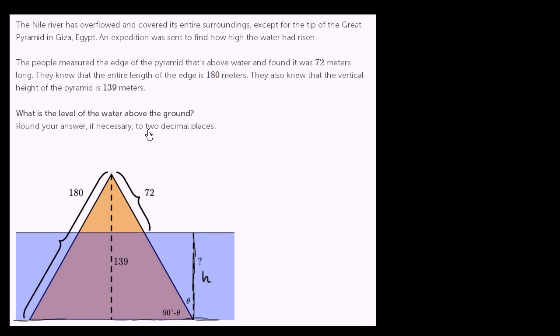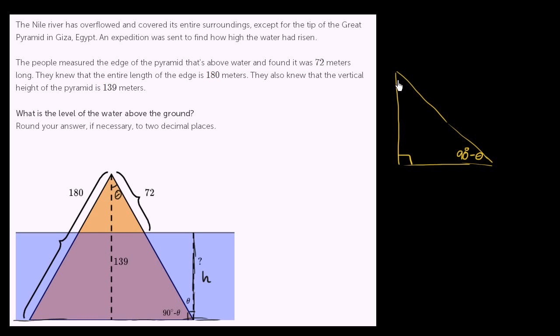So what do we know and what do we not know? They've labeled this little angle here theta, and this of course is a right angle. So this angle here at the base of the pyramid is going to be the complement of theta. It's going to be 90 degrees minus theta. And using that information, we can also figure out that this angle up here is also going to be theta. If that looks a little bit strange to you, let me just draw it out here and make it a little bit clearer. If we have a right triangle, where this angle right over here is 90 minus theta,